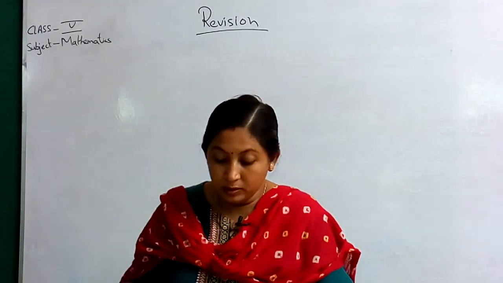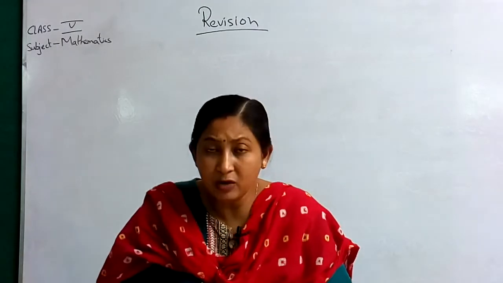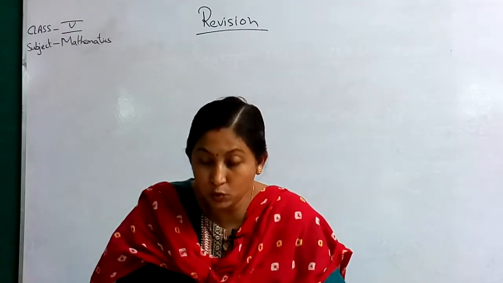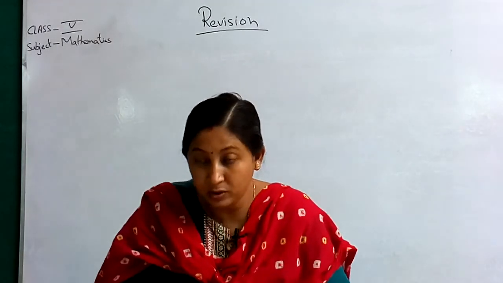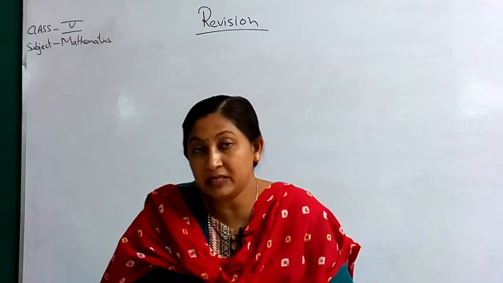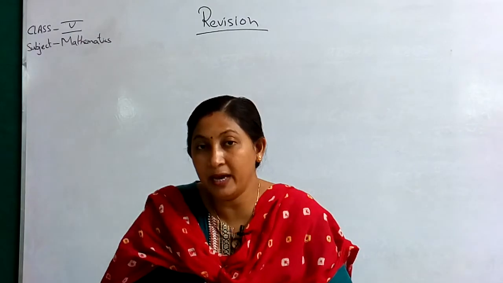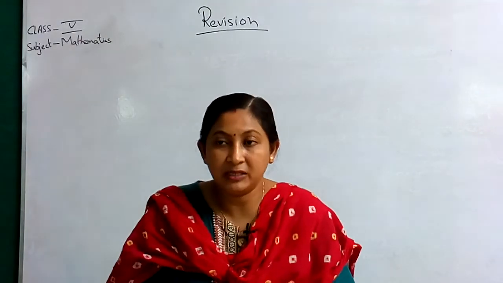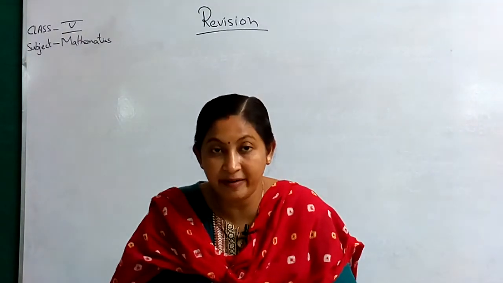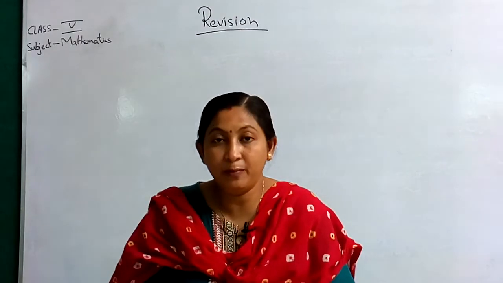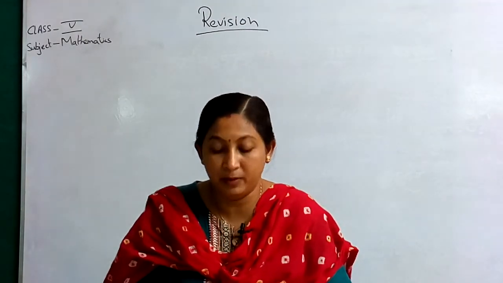Clear? So the I, 2358 into dash is equal to 2358. That means the same number. So when you are getting the same number, you are multiplying by 1. Okay, so in the dash you will write 1. If you are multiplying by 1, you will get the same number.